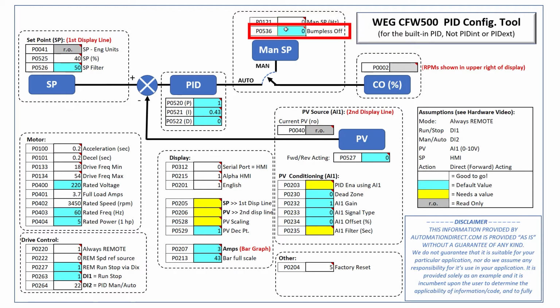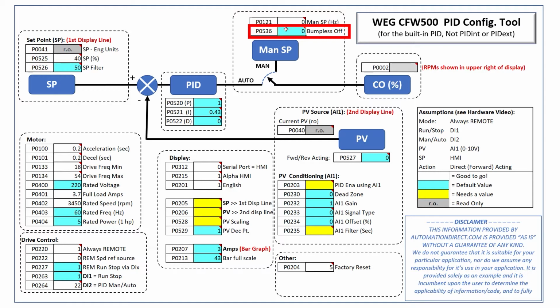Bumpless mode prevents large changes or bumps in the control output when you switch from manual to automatic mode. Suppose you're messing with the system in manual mode and then you switch to automatic mode. Well, because you were messing with the control output, the process variable could now be nowhere near the set point. That creates a large difference, which can create a large sudden change in the output, which could be hard on your system or possibly even dangerous.